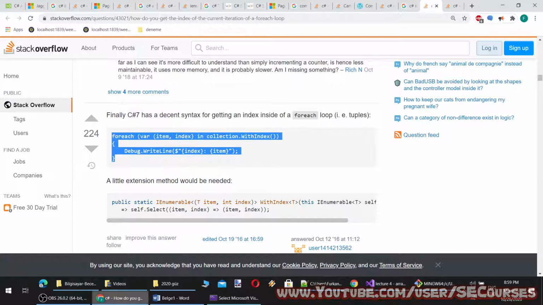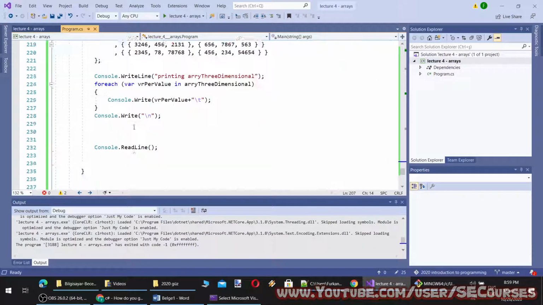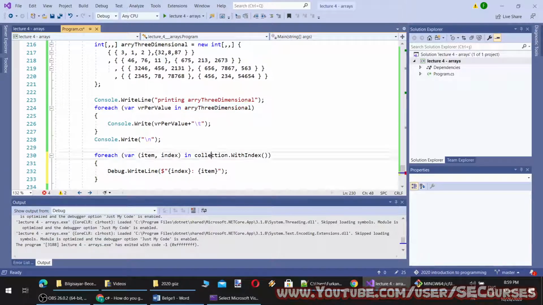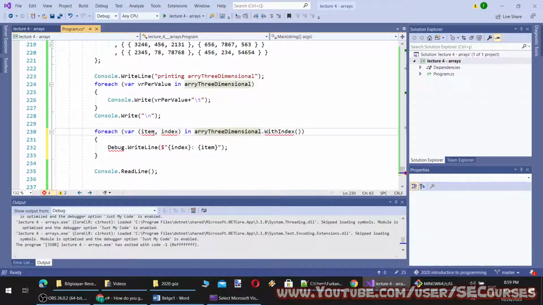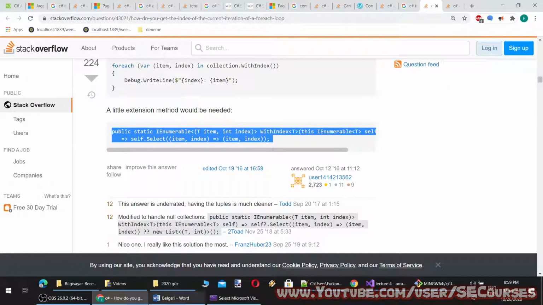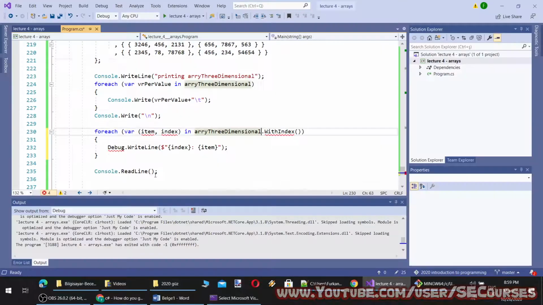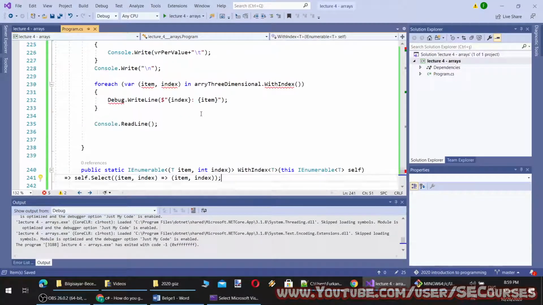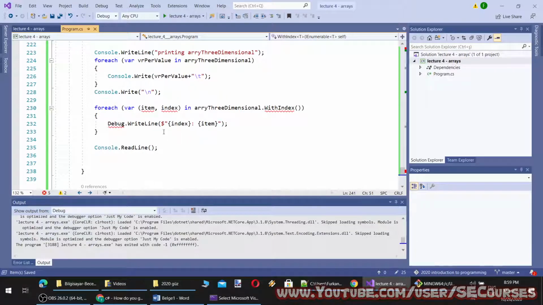I'm going to copy paste it like this, and the collection is this one. It says you don't have this or this. To have that, I'm going to use this extension.